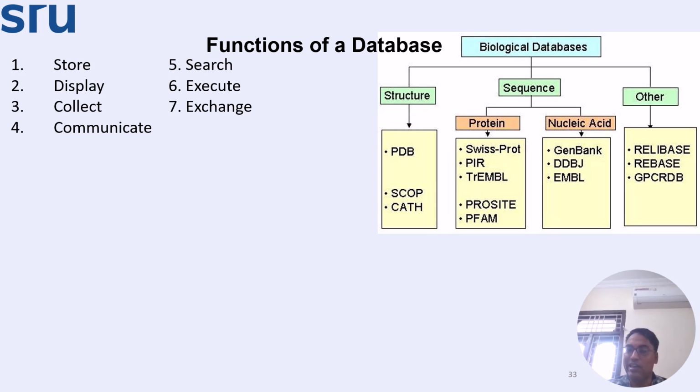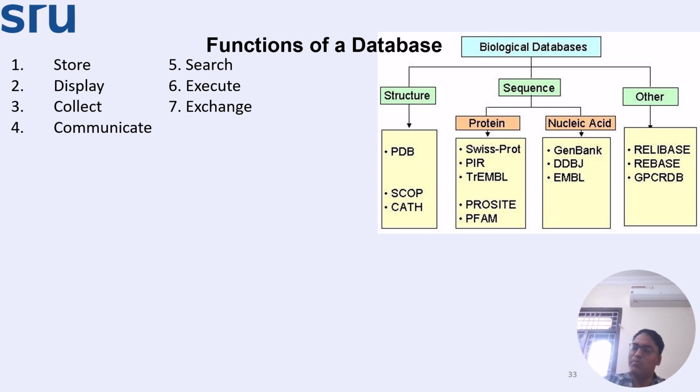Now nucleic acids. When I come to nucleic acids, understand there is the basic GenBank, which is at NCBI. Then DDBJ, the DNA Data Bank of Japan, and the European Molecular Biology Laboratory, EMBL. Here you can just type a sequence name, like DNA kinase, and you'll get the DNA of different nucleotides of different species. You can classify them, segregate them, and compare them with other sequences.